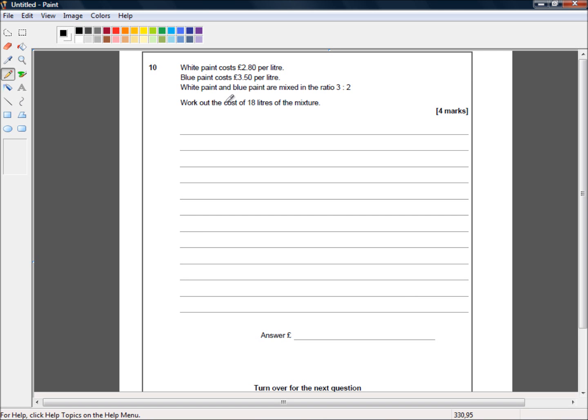So the easiest way to create a mixture in the ratio of 3 to 2 is simply to pour 3 litres and 2 litres into a bucket. So we take 3 litres of white paint off the shelf, we pour that into a bucket, and we take 2 litres of blue paint off the shelf, and we pour that into a bucket, and then we've got 5 litres of the mixture. And how much does that cost us? Well, that costs us